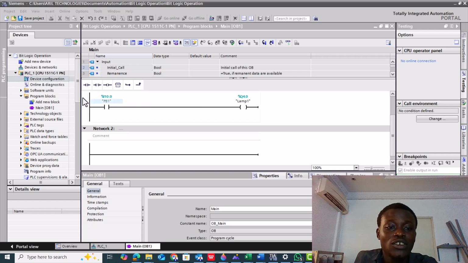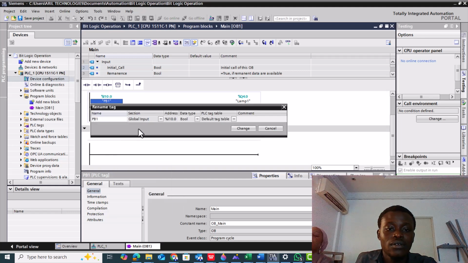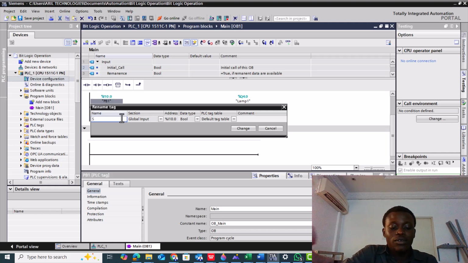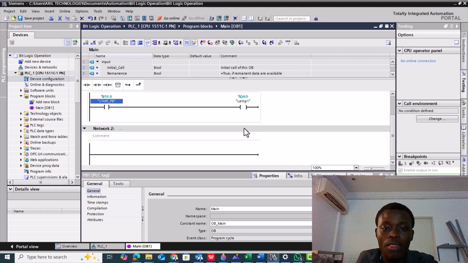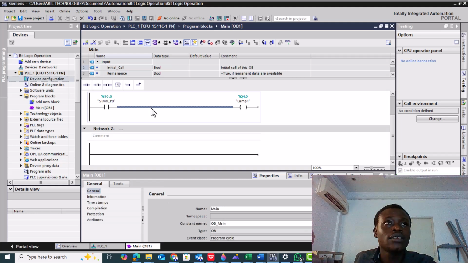So I said you should rename this tag. I'm renaming it as start PB. All right, and the idea is that we want to add a stop push button to this program, so that one will serve as start, the other will serve as what? As stop. Okay, so